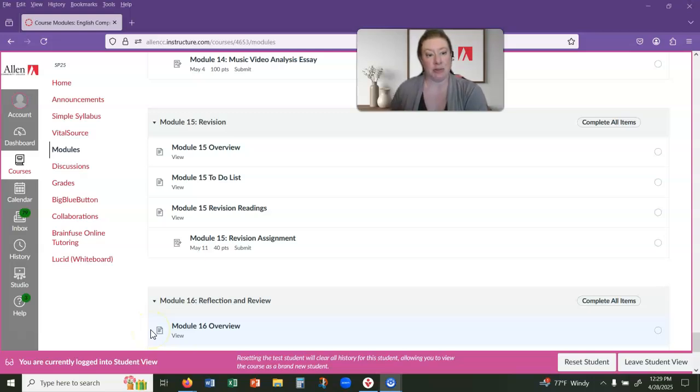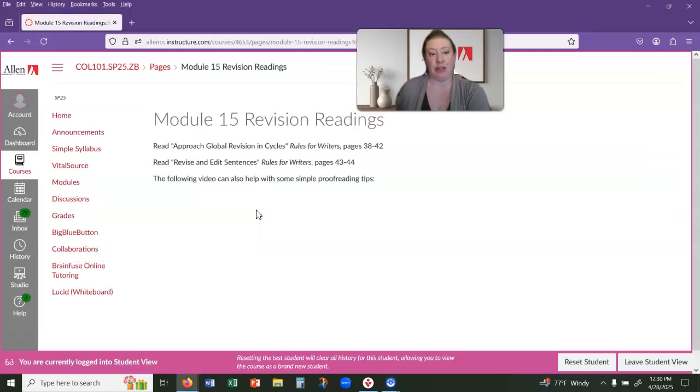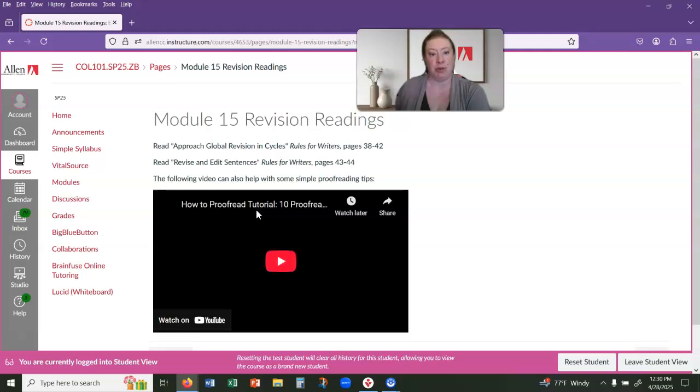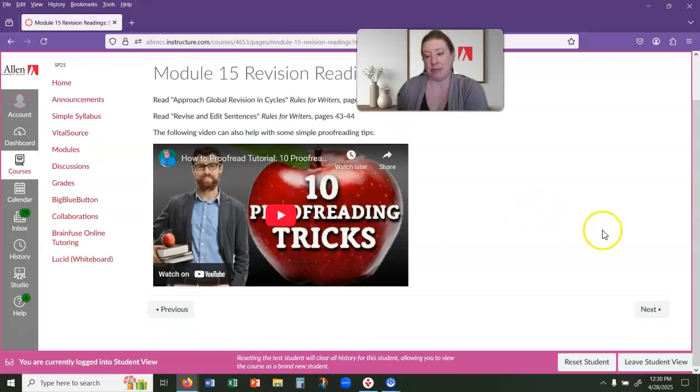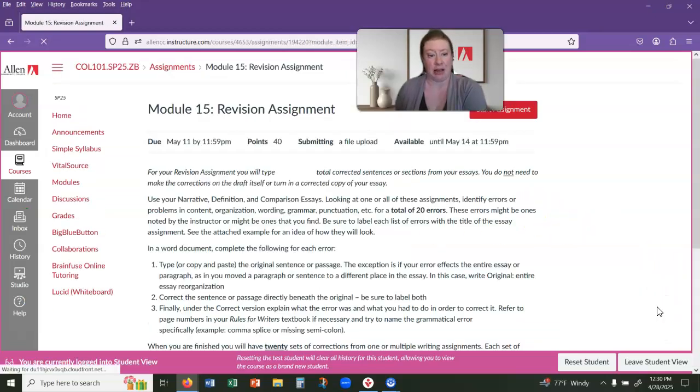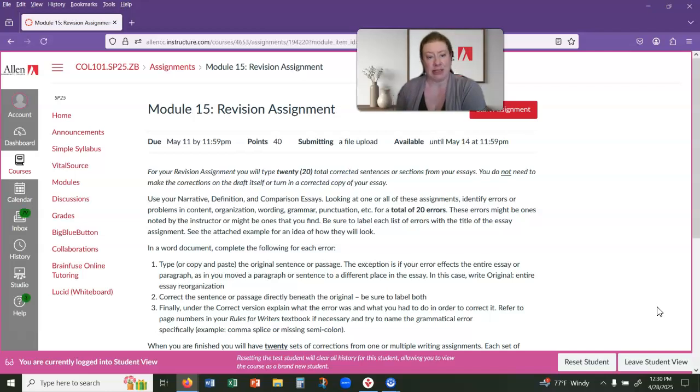Revision is Module 15 and it's pretty short and simple. Basically, I've got some readings for you to look at that go over approaches to revision, ideas for how to proofread, specific issues with sentences that you might have, and some tips for proofreading your own work, which can sometimes be a little bit of a challenge. So that's the whole purpose of this assignment, for you to look for errors in your own writing and